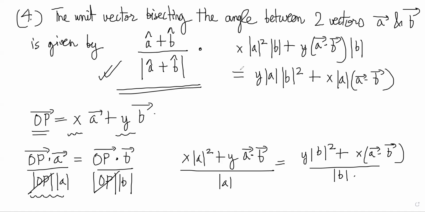So now these are adding up, these are equal. So we can say mod A mod B common, and we have x times mod A minus y times mod B